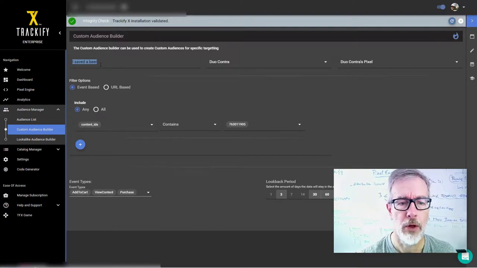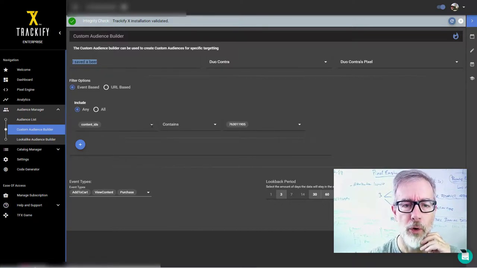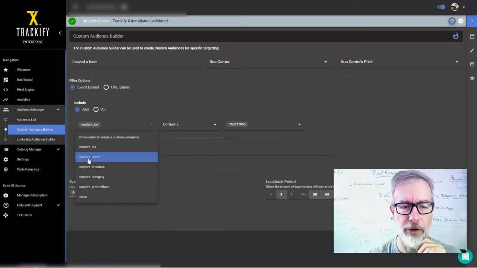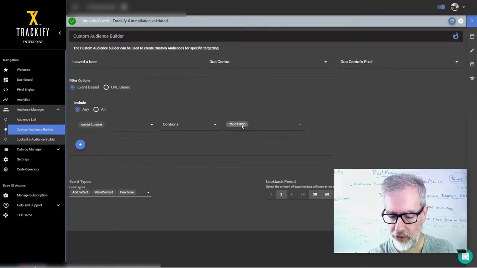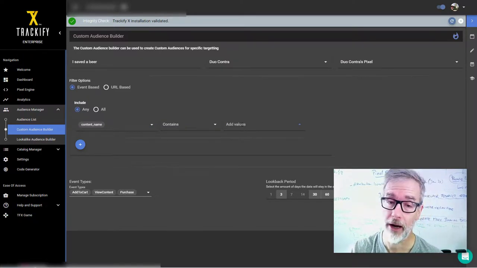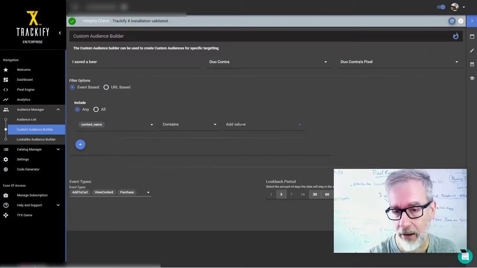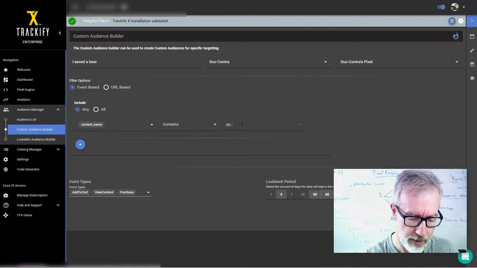All right. Okay, so we're going to stick with these settings down here and just go for another example. So for example, content name. The content name parameter contains all of the tags that are in the product. Okay, so with that, you shouldn't use a product ID, but rather a tag that's attached to all products that you want to build the audience for. So that example was before, right? PP beer